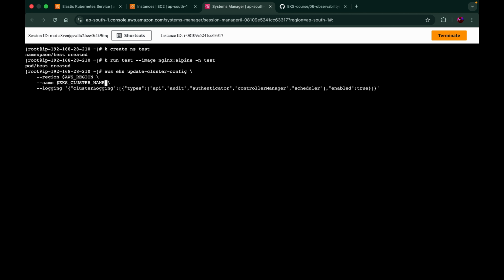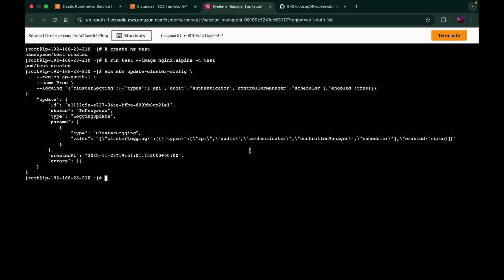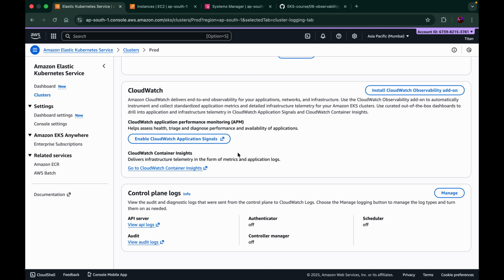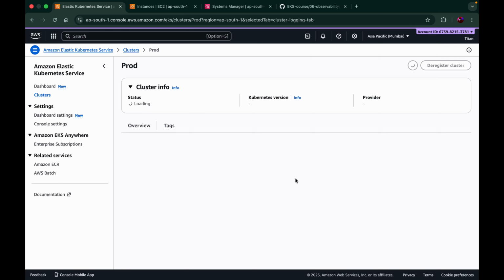I'll give my cluster name here, which is prod, and I'll enter the region, which is ap-south-1 in my case. Okay, so the command ran successfully, and now if I go to my cluster and give it a refresh,